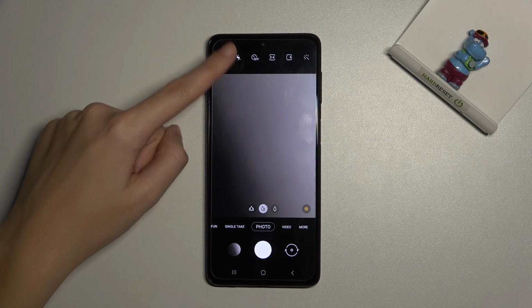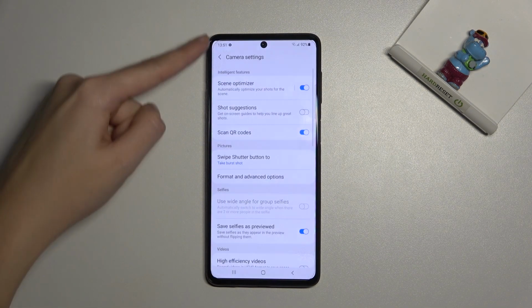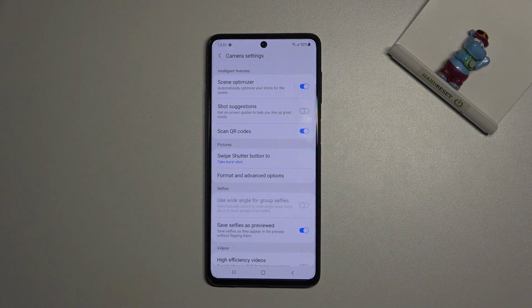From here let's go to the left corner button. When we pick it, we can open camera settings. Now let's focus on the selfies category. In the second place here we have the save selfies as previewed option, so this is our mirror effect here. By using the button on the right we can easily turn it off and turn it on as we need,